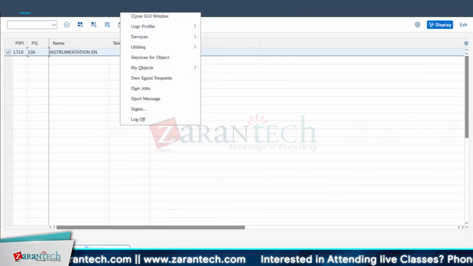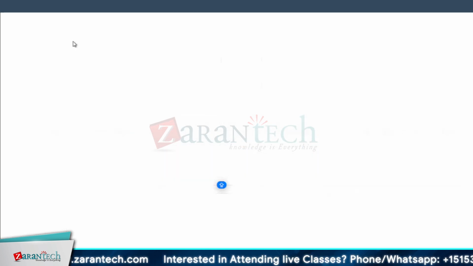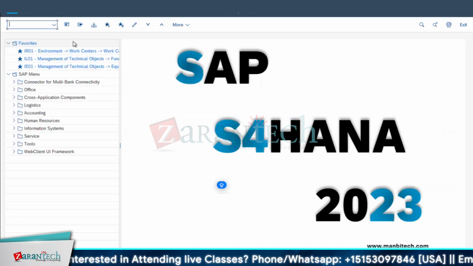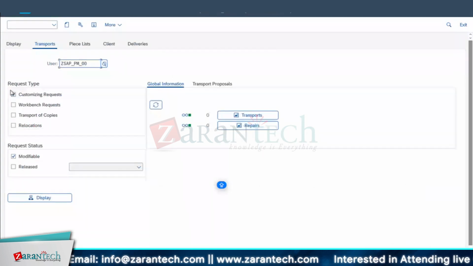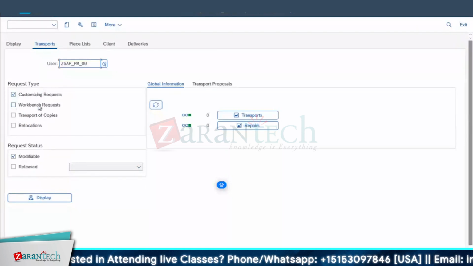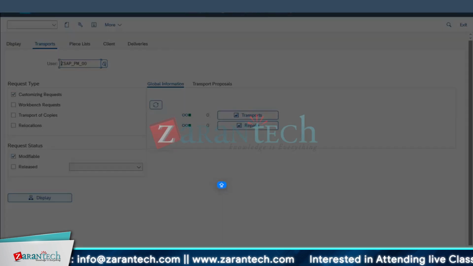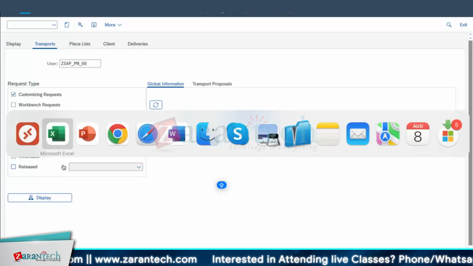Where can we check this transport? Anyone remember the T code? SE01. Go for SE01. Go for your customizing request. All our functional consultant requests will be under customizing request. Their requests and all will be under workbench request, for coding changes. Now it is still in modifiable stage, so I am going for this modifiable one. Okay, this is our case. Select this. Go for your